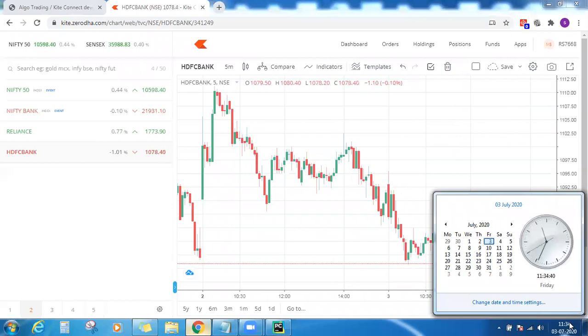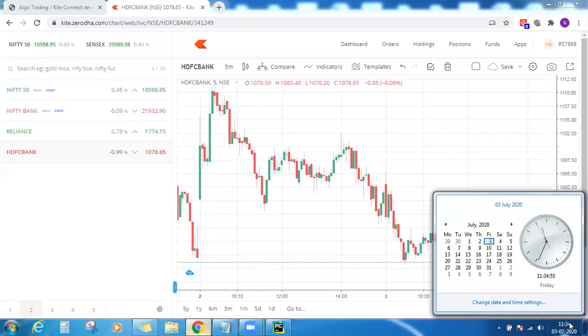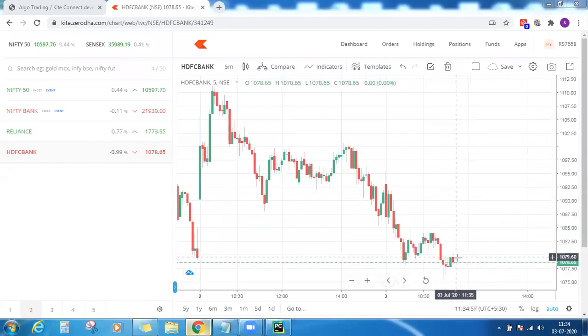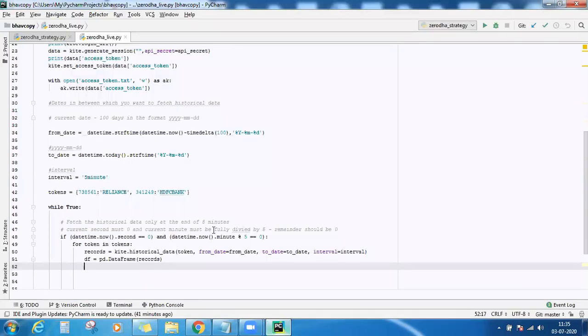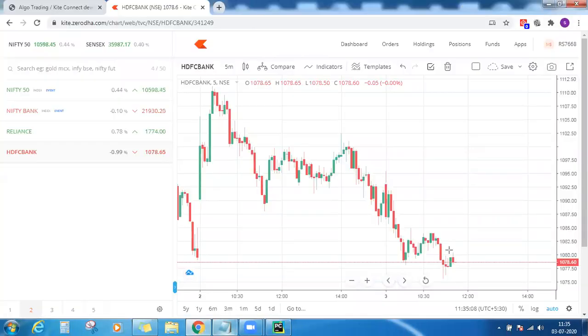So let us just wait until this candle gets over. So you have a new candle now. What is the time? 11:35. At what time are you requesting the data? At 11:35. So the latest candle data will also be included, which is not yet completed.